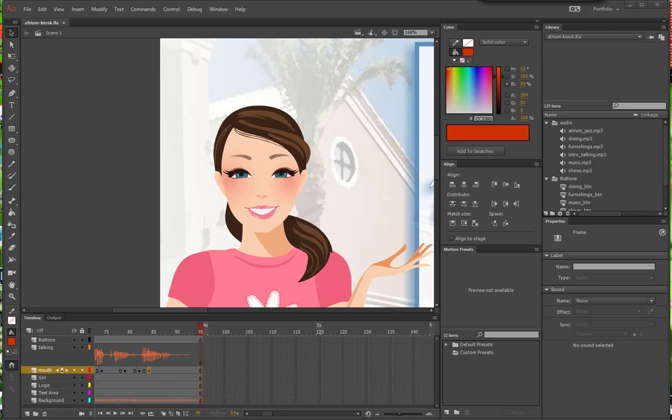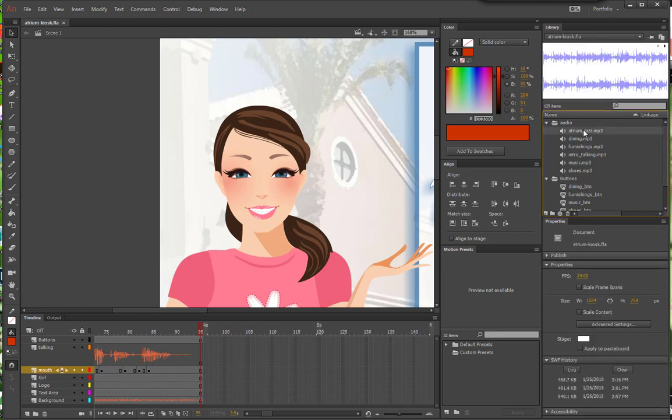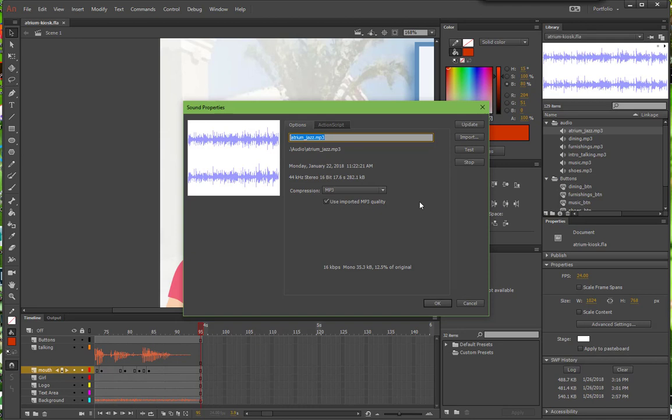We had mentioned at the beginning of this chapter about the sound compression settings. So we're going to have a little bit of control over what we're doing with these sounds. We want to have the correct compressions for each sound so that they sound correct. We're going to go to the Atrium Jazz file, and if you will right click that and open up the properties for the file, make sure you're on the Options tab, and we want our compression to be in